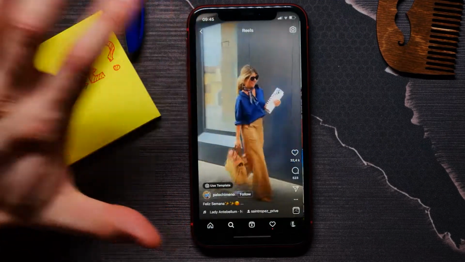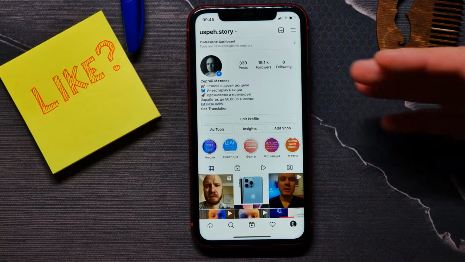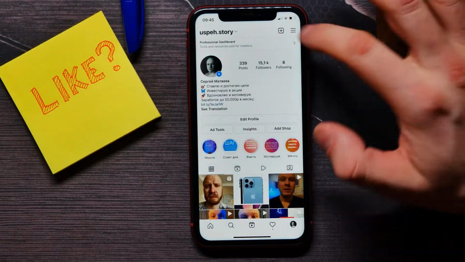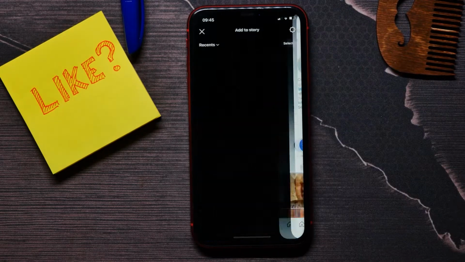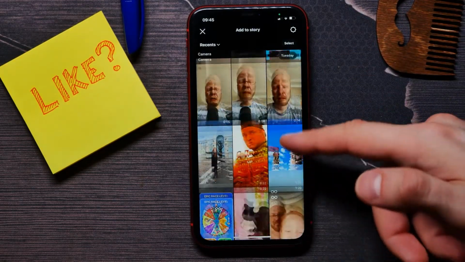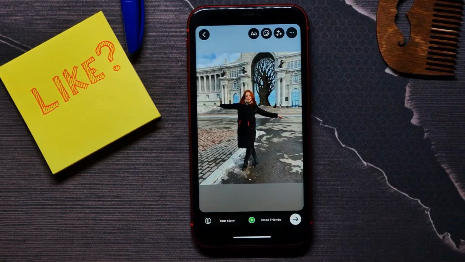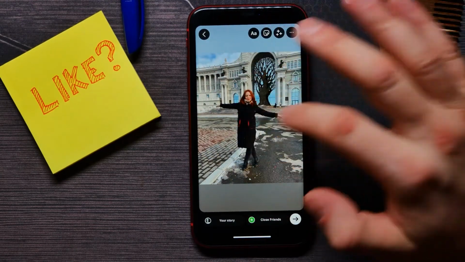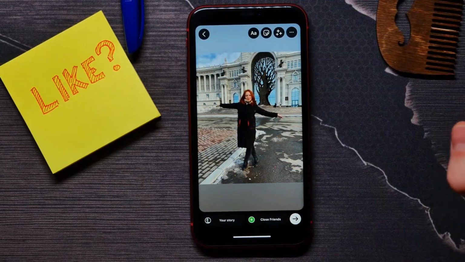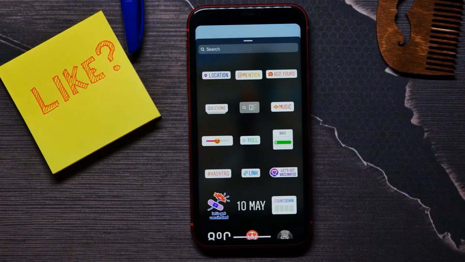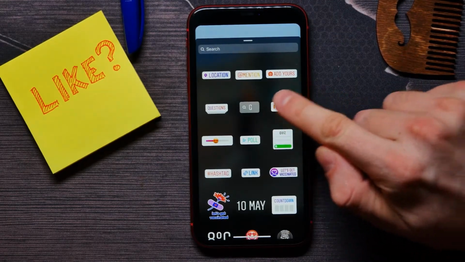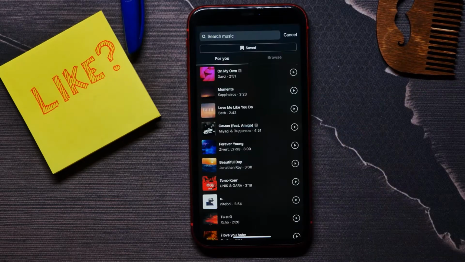Let me show you how I do that. For that, I open up my profile, tap on that plus icon, select story, and here I'll select some photo, and to add audio to that photo I select the sticker icon here and select that music widget right here,